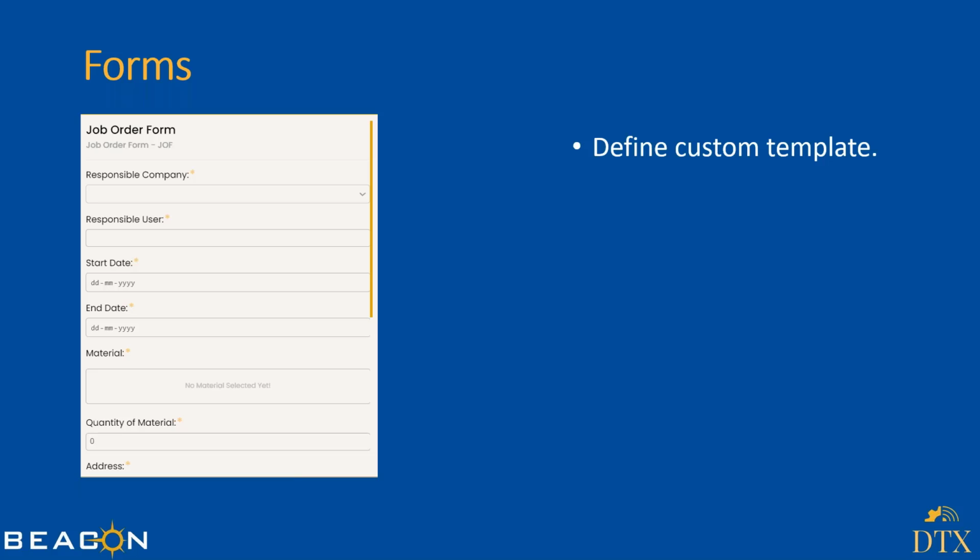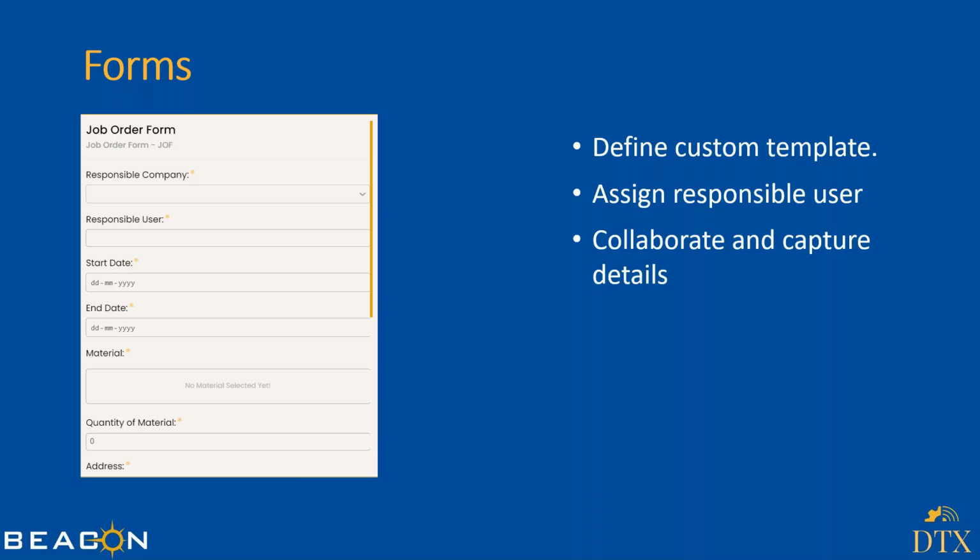Now, to do that, DTX has something called forms, where you can define. As you can see on the screen, I have kept one simple example, that is a job order form. Now this can be customized to be any other form. As we go forward, I will show you how this particular form looks, or how we can customize it. We have the ability to customize these templates, assign them to a particular user from your vendor, and then collaborate and also capture other details with regards to the form that you're sending, and then the requirement as such, and process it further.